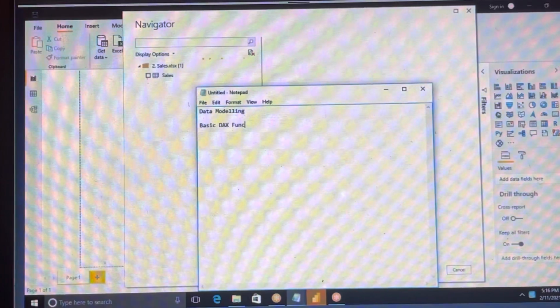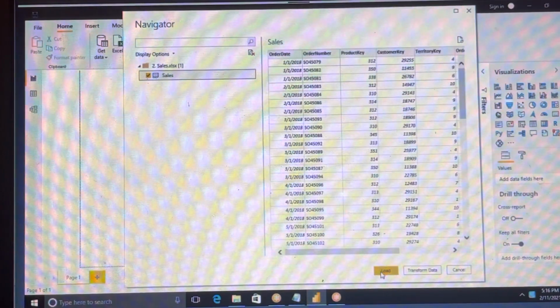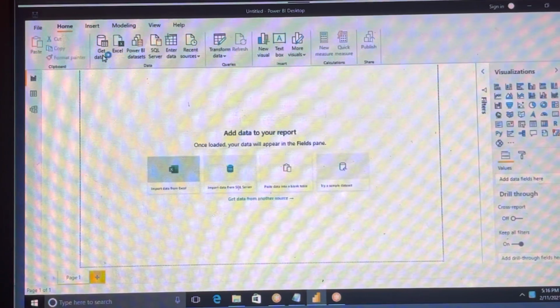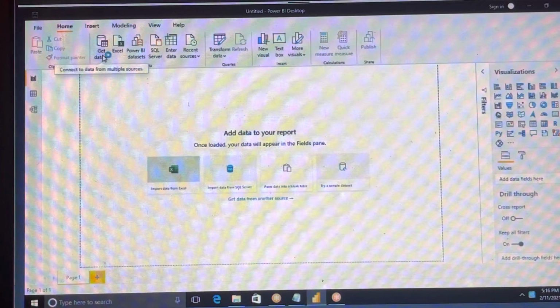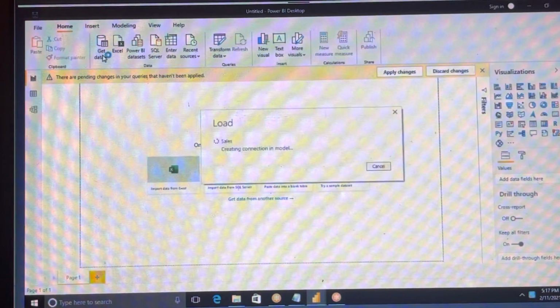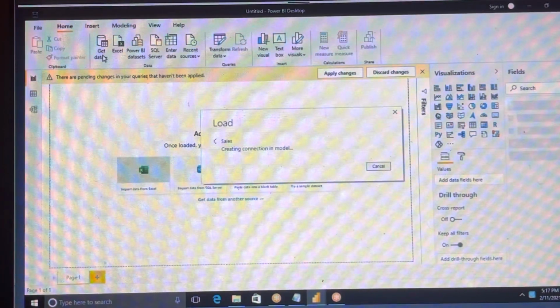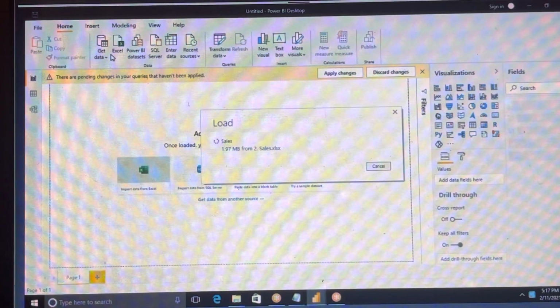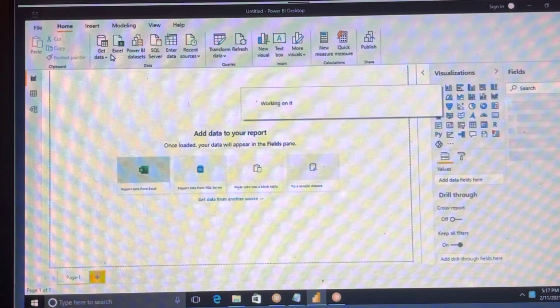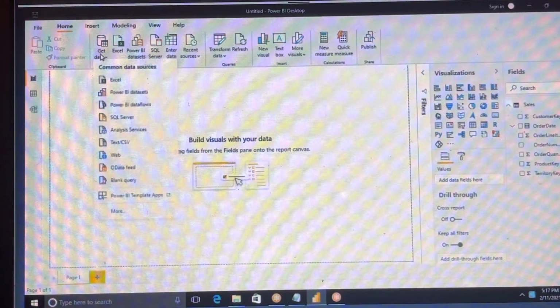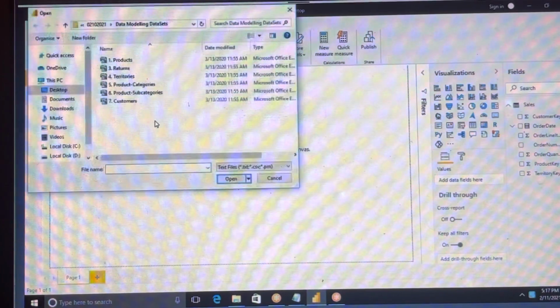Okay. Click on sales and load. Then the CSV, and I'm selecting products.